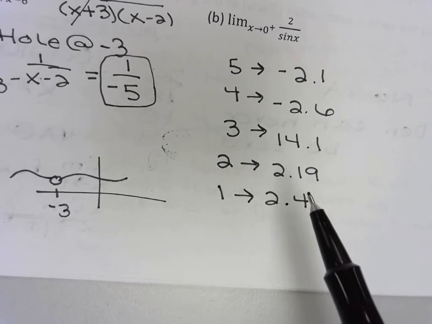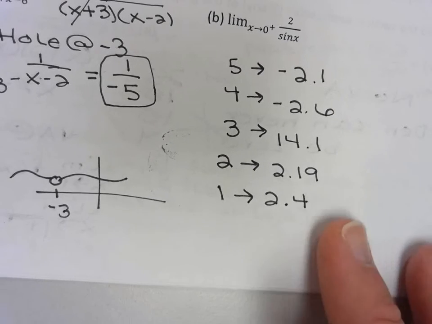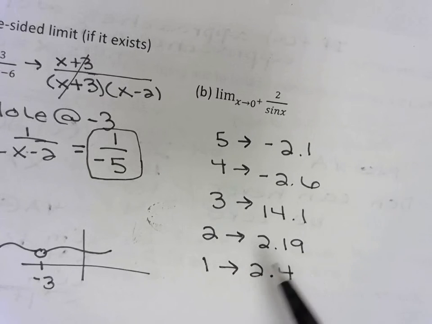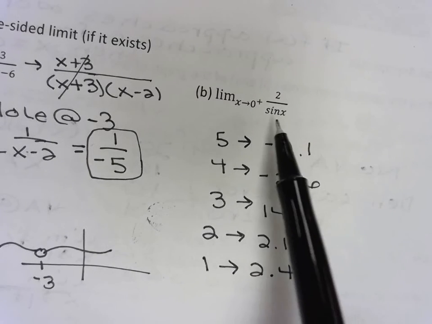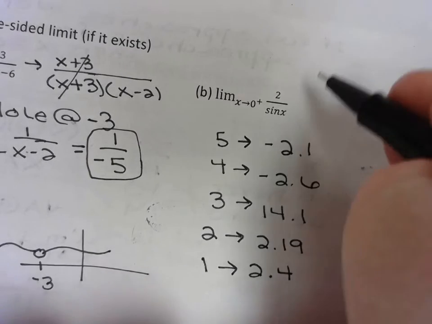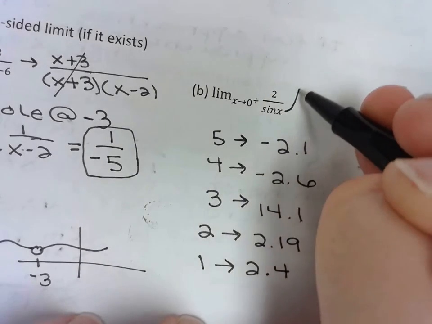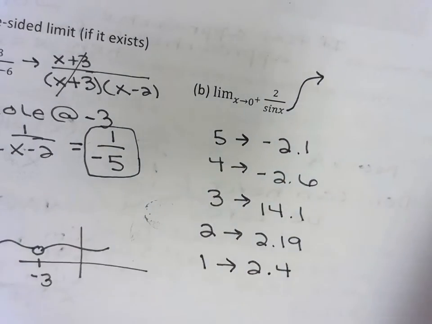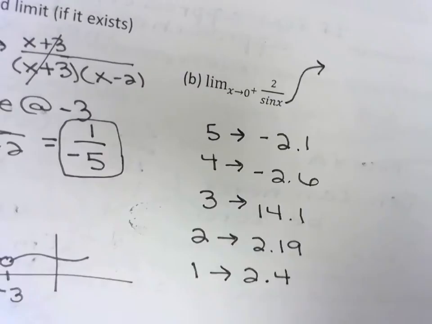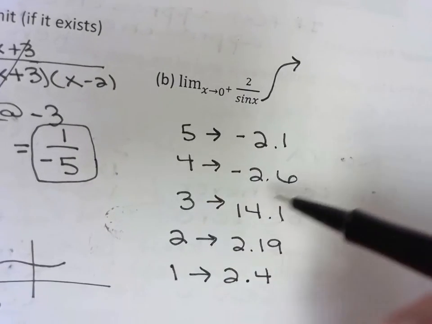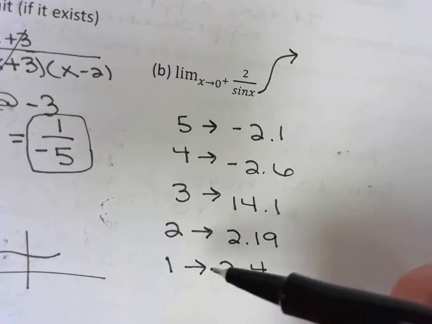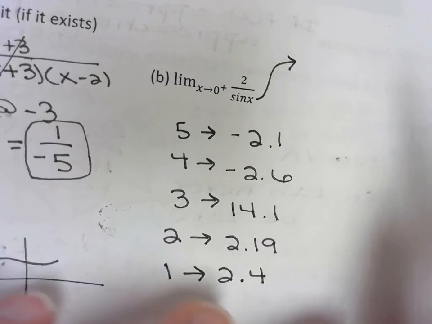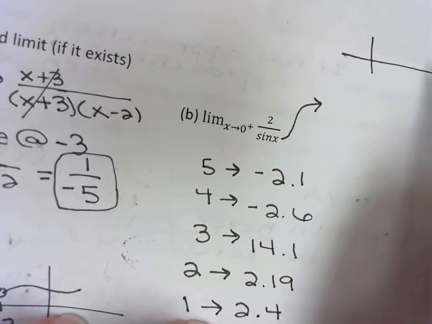So that's kind of one way, and that didn't really help me find anything. So let's think about just my bottom. If I think about the denominator, sine of x, because it's easy for me to think about. If plugging in numbers doesn't really get you anywhere, maybe just look at the denominator, sine of x. So if I think of the sine of x graph